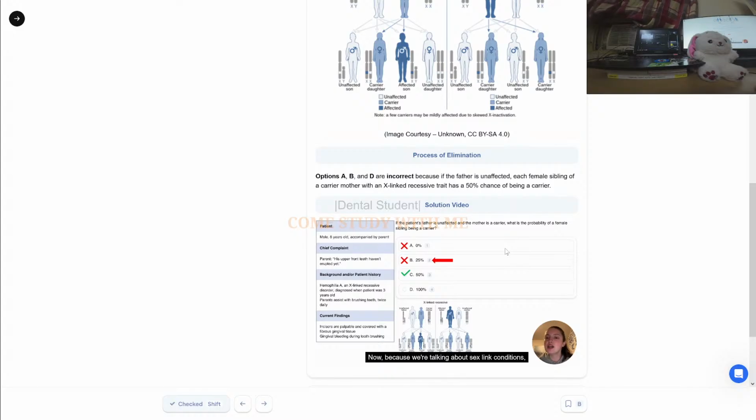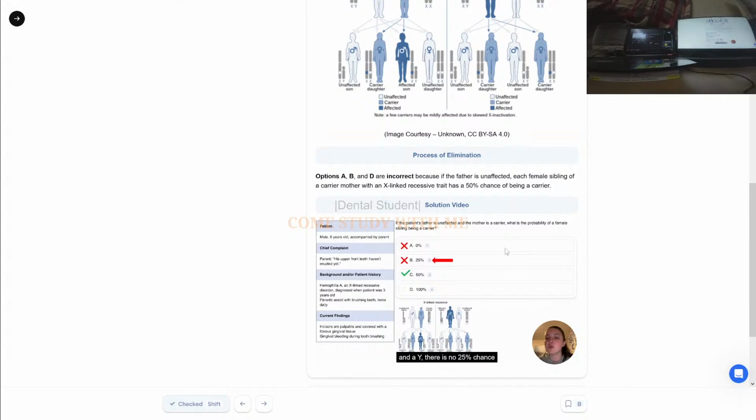Now, because we're talking about sex-linked conditions, this is really not a possibility in a specific gender, as the inheritance pattern is binary. In other autosomally inherited conditions, there are 25% probability of things being inherited because offspring can inherit any combination of their parents' 4 alleles, 2 alleles from each. But because this is not true in sex-linked conditions, as females will always inherit 2 X's and males will always inherit an X and a Y, there is no 25% chance of an X-linked recessive condition occurring in a specific